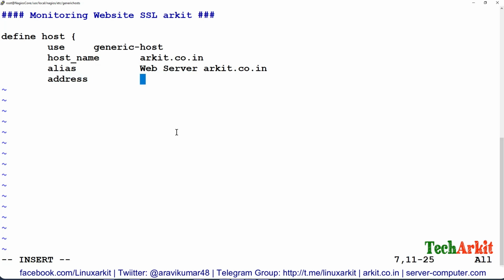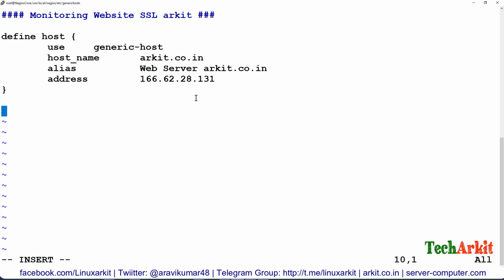You have to give this address: 166.62.28.131, and that's it for the host definition. This is what you would like to use.